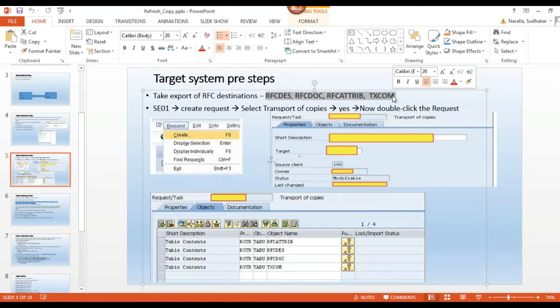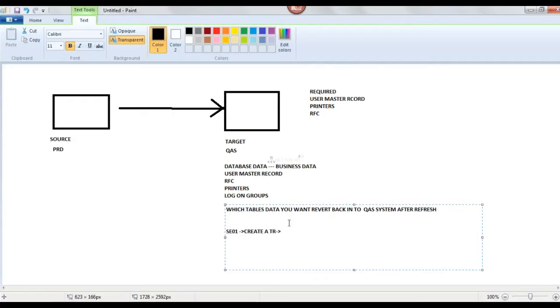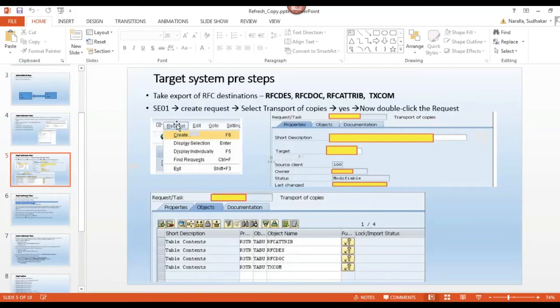For that, I need to create one transport request, and in that transport request, I need to take a tables data export. First, create a transport request. How? Go to SE01, go to Request and create, and select the transport of copies option.